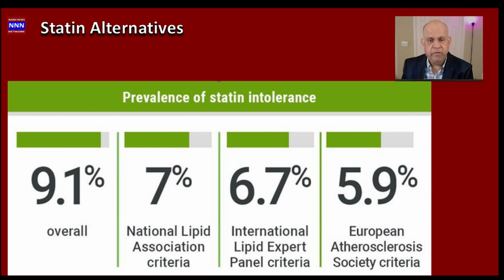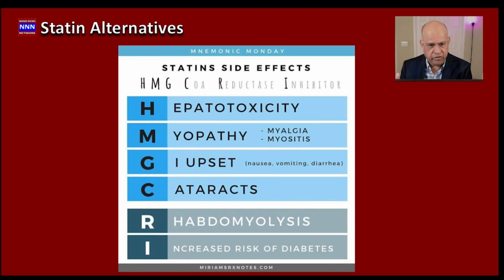But the main thing we want to focus on is, why are these patients allergic to statins? And what kind of symptoms do they have? And if you are having an allergy or intolerance to statins, what do you look for? So let's look at that one first. The statin side effects are